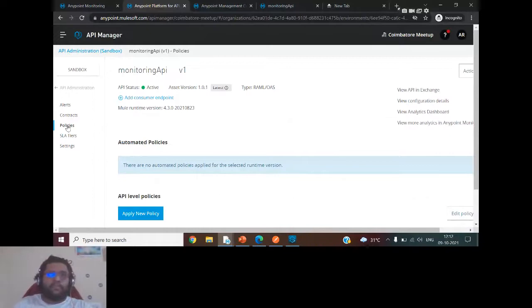Let's just wait, maybe give it a time of maybe 1 or 2 minutes, and then I'll quickly show you how the alert looks like. Okay, and one more thing, suppose an alert is received, after some time, maybe within 2 to 3 minutes, if the same alert is not getting generated, you automatically get one email saying that your alert is resolved. That is the email which you get.